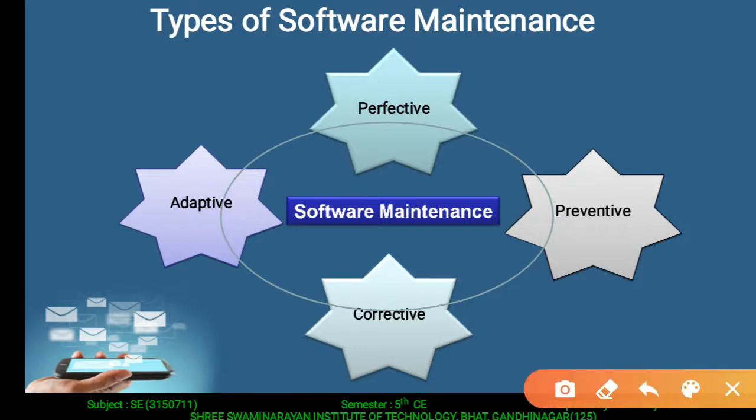Corrective maintenance includes the modification and updation done in order to correct or fix the problems which are either discovered by the user or concluded from the user error report. This type of maintenance is provided by using the feedback of the customer. So in the software lifetime, this type of maintenance may be required.